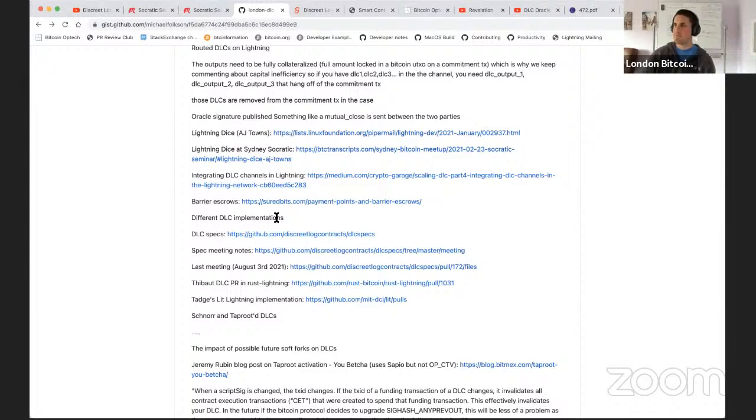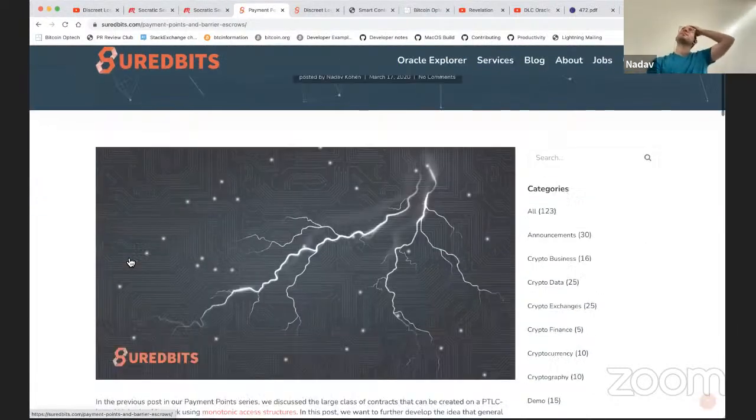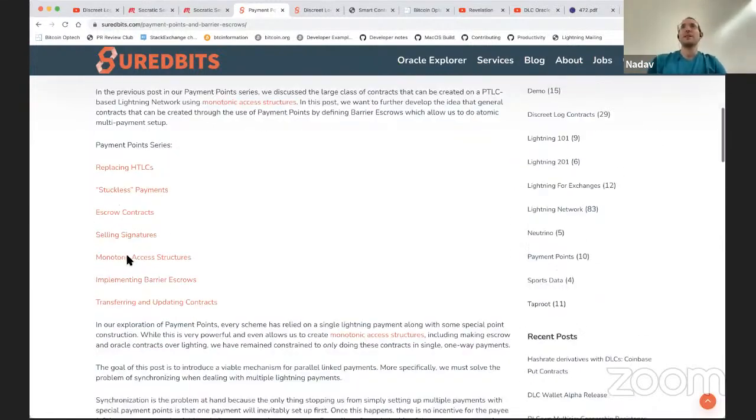We're in the same space as HODL invoices, with capital being locked up, and we don't want that. I'd argue it's, on Lightning, exactly the same space. Right. Okay. So the Lightning people have good reasons not to like capital being locked up for no reason, right? When they want to be doing payments settling very quickly all the time. You've said barrier escrows could potentially be a solution to this. Do you want to talk about that?